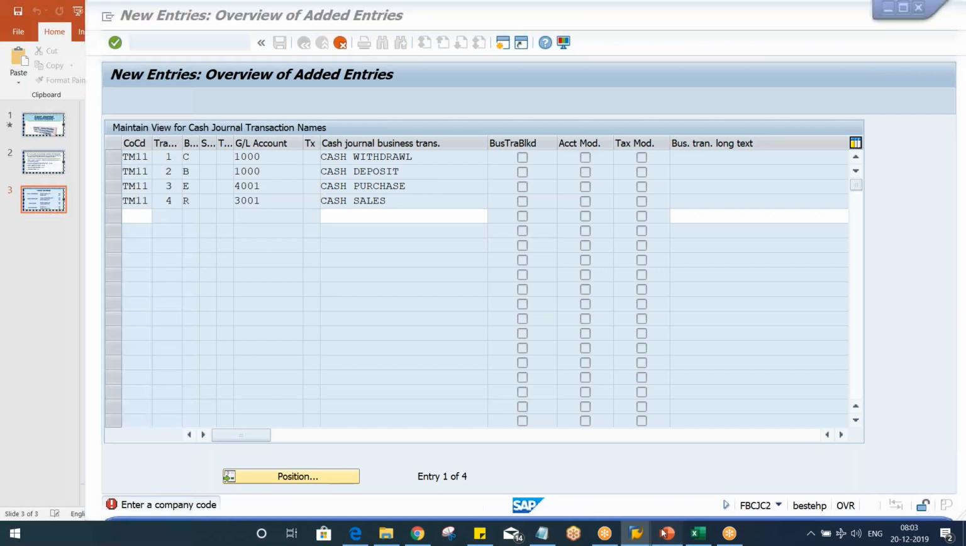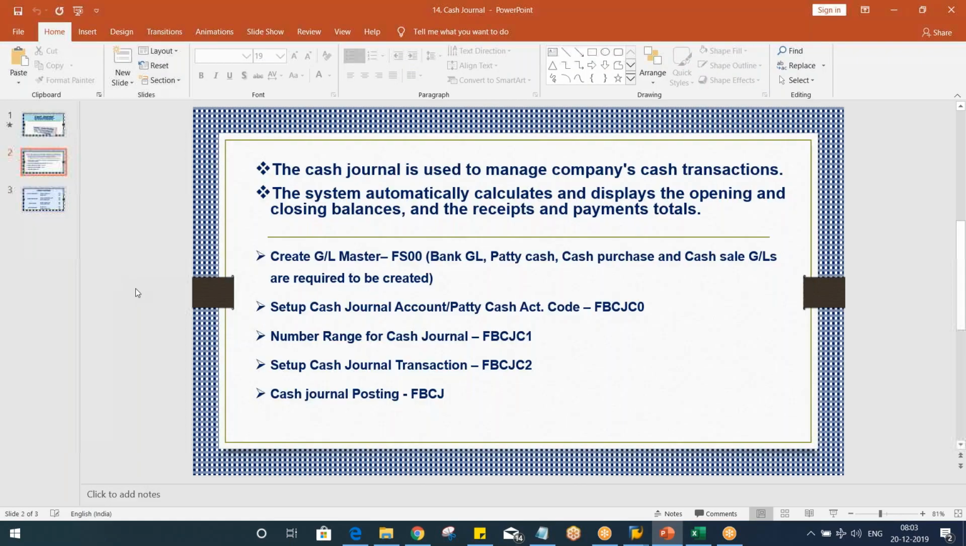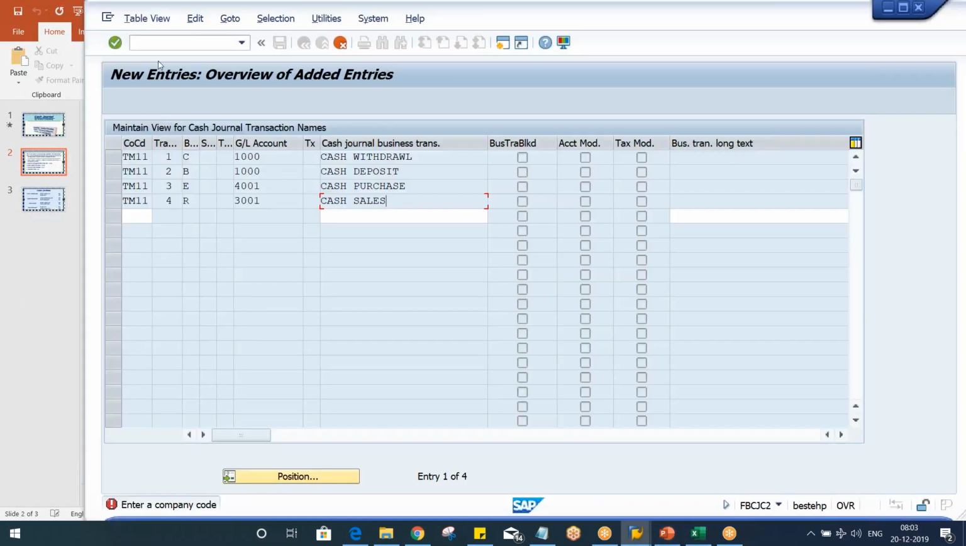Now what next, guys? So we have done with the configurations, and now we have to post the transactions, that is cash journal posting, FBCJ. How to post this transaction, guys? So use here /nFBCJ,